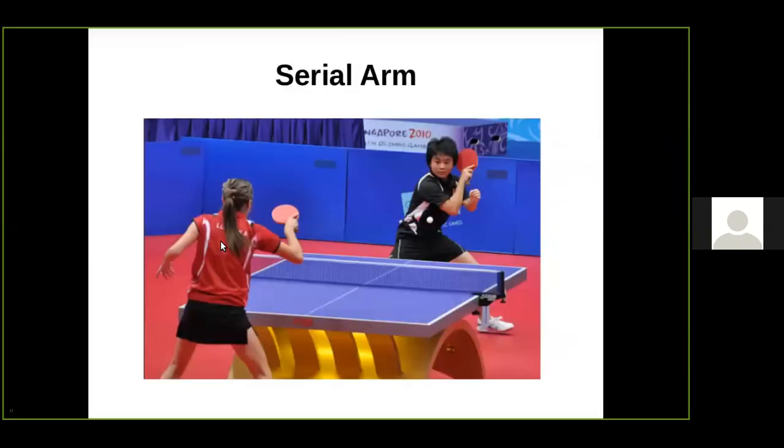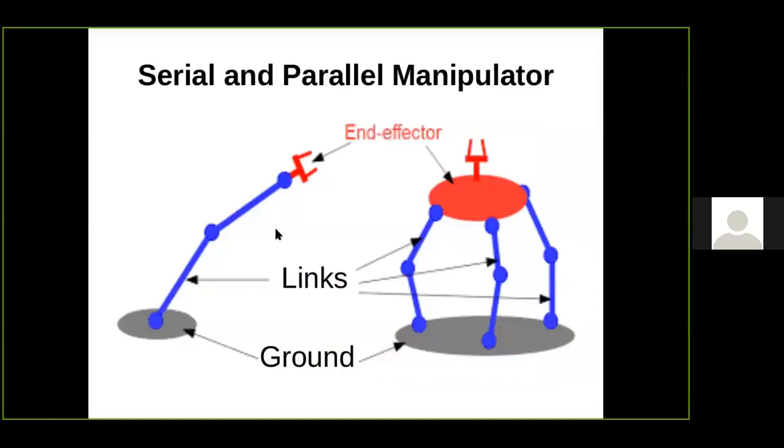So here, for example, a person who is playing table tennis will be using a single hand. So by using single hand, we'll be using less number of degrees of freedom. Degrees of freedom means from one hand, a number of joints and links. It is calculated using that, which I'll be talking later. And we'll be using less number of force to hit the ball. So when compared to the scenario in cricket and table and lawn tennis. So this is an example for serial manipulator, which is shown here.